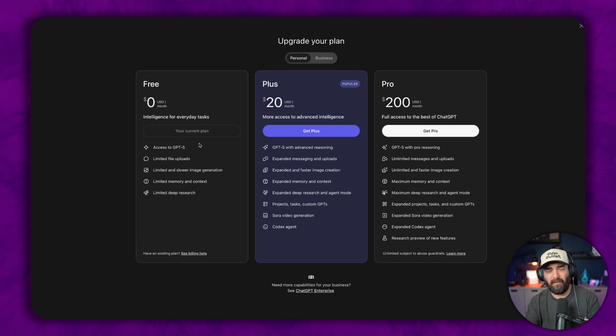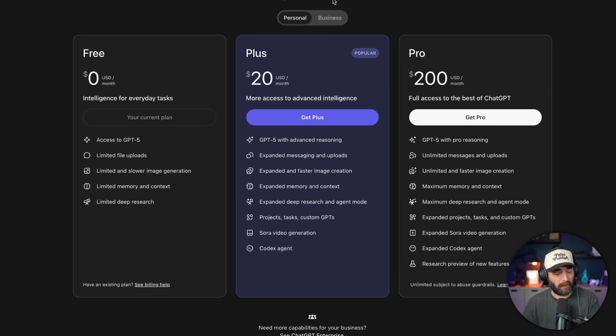If you want to generate videos or images, well, the free plan will generate a limited amount of images per day on a sort of slower image generation model, and the free plan does not have access to Sora for video generation. Now, if you upgrade to the plus plan, the $20 per month plan, once again, you get access